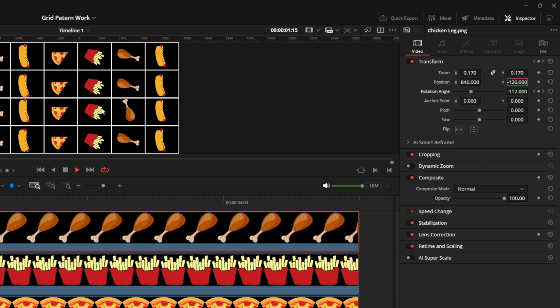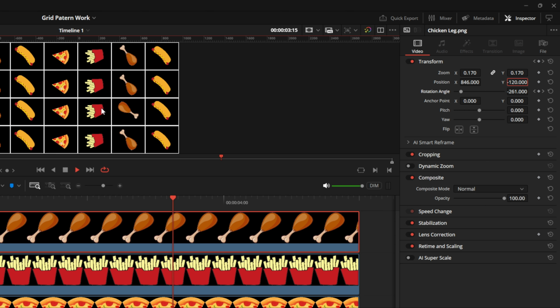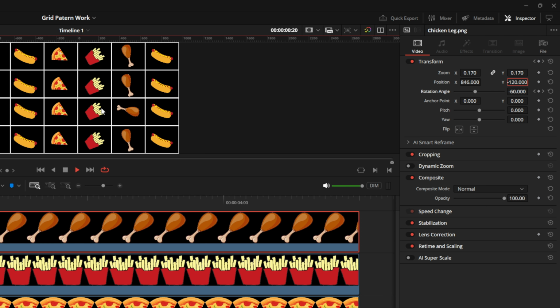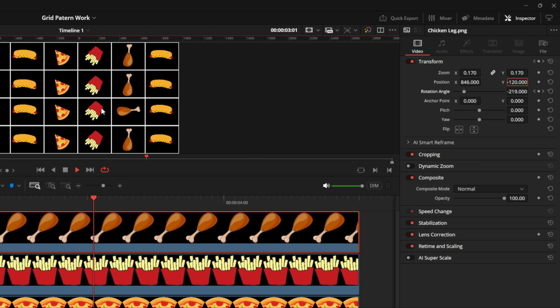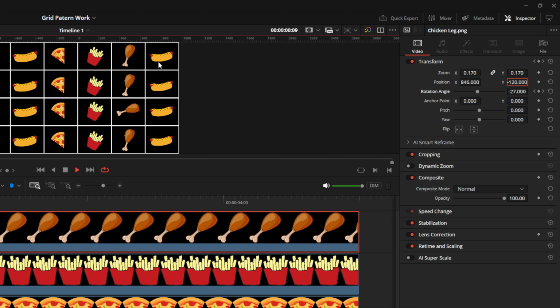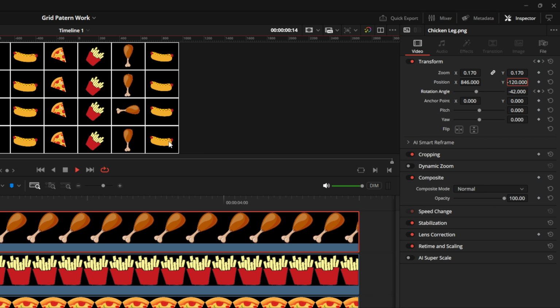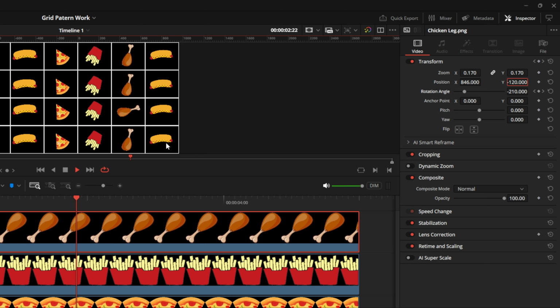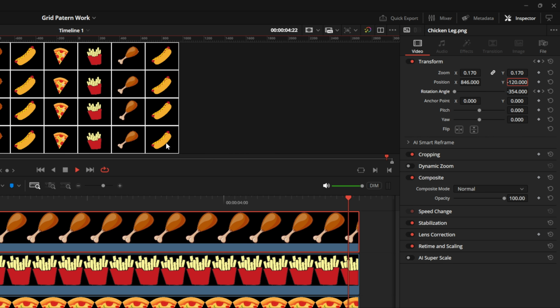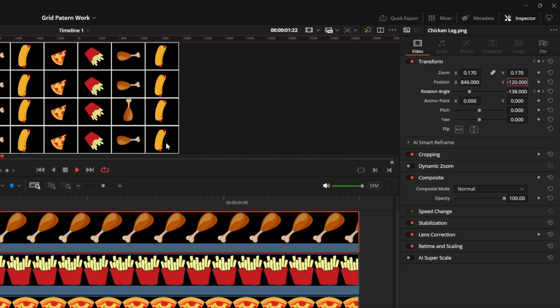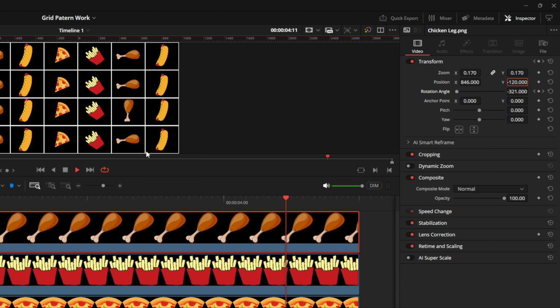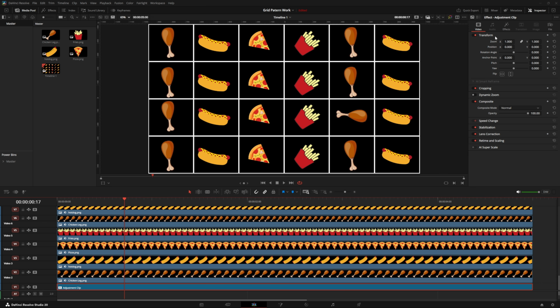So you can change the rotation to be anything you want. You can pattern it, you can alternate it, you can do all that you want. And remember, you can make as many rows and columns as you want. This is a lot easier than going through Fusion and creating it all through Fusion unless you are doing something spectacular with each cell. To finish this off, all you have to do is go back over to your